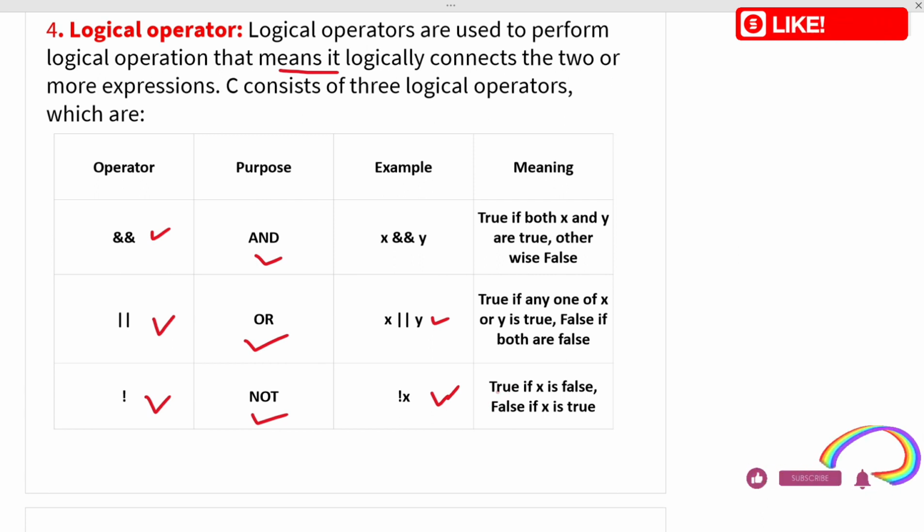Here it is saying true if x is false. If the value of x is false, where false means 0 and true means 1, it gives us true. If the value of x is true, it gives us false. In this way, or in another way, we can understand that